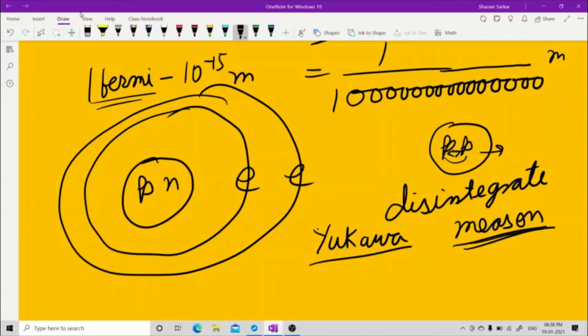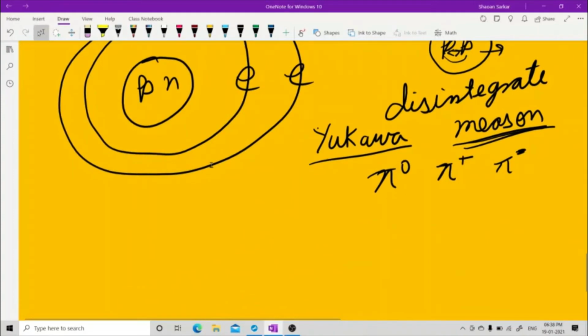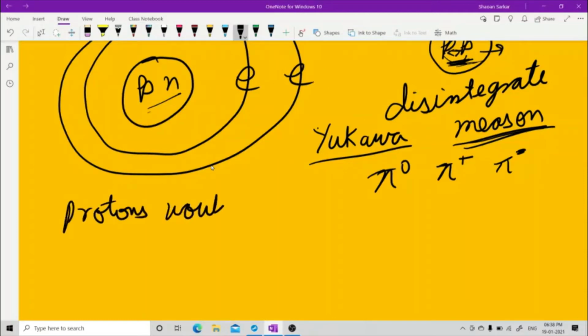There is an elementary particle called meson. There is one neutral meson, one positive meson and a negative meson. Now listen to what happens and why they are so powerful. Had these forces not been there, then with two protons together, by electrostatic forces they should have disintegrated because of repulsion. Due to repulsion, these two protons should have gone away from each other, and the nucleus wouldn't have existed. Protons would have repelled each other,